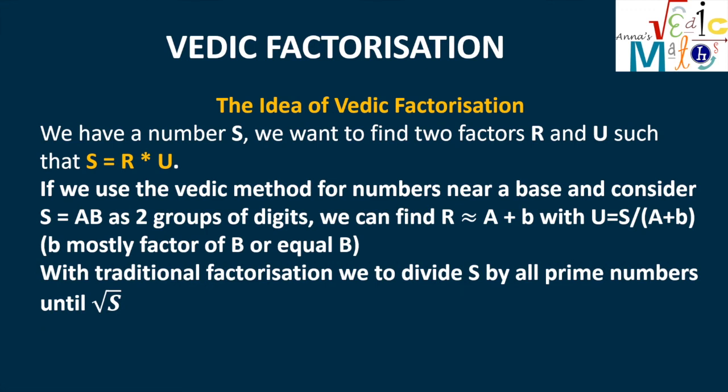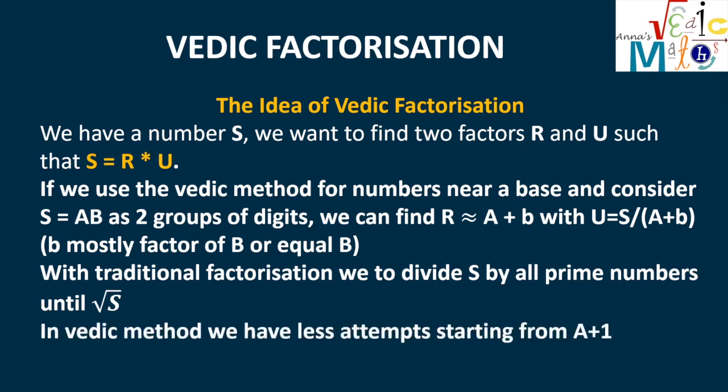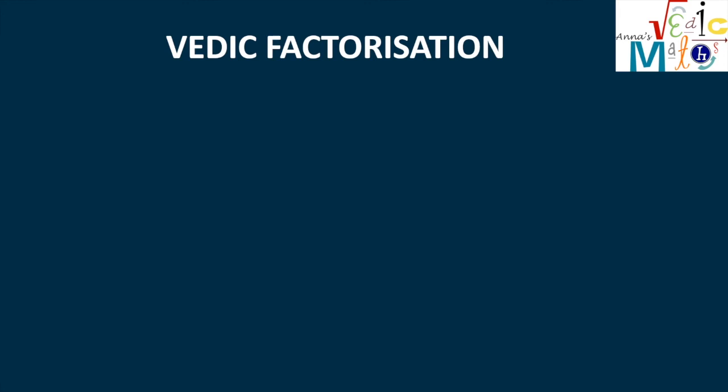With the traditional factorization, we have to divide S by all the prime numbers until the square root of S. In the Vedic method, we have fewer attempts because we start from A plus 1. Example: